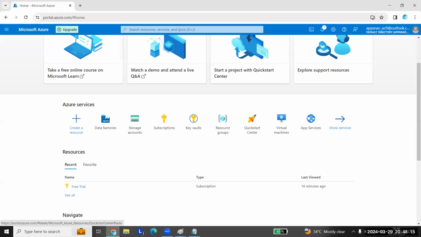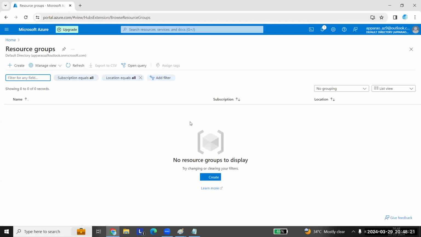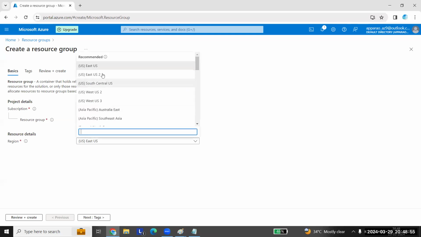Now I'll create a resource group here. Whatever resources I create, I'll tag to this resource group. So RG hyphen Citibank hyphen retail hyphen finance is what I've given. And where do you want to create this? Because Microsoft has different data centers across the world. Then where do you want to create? So it will show you. I create in the East US region.